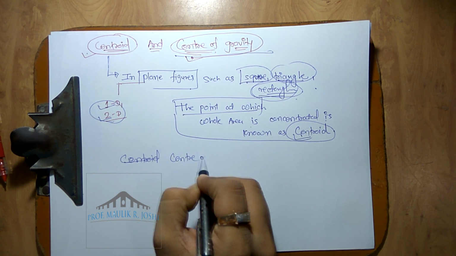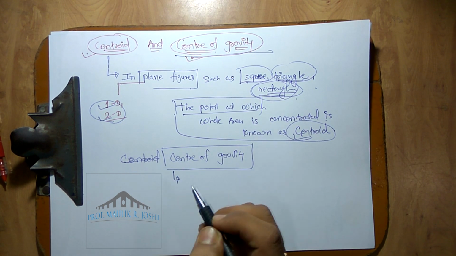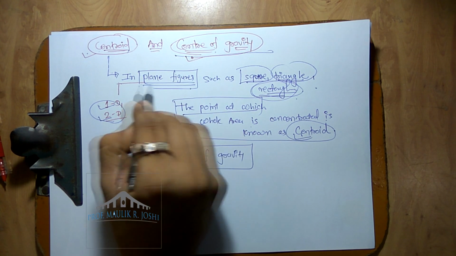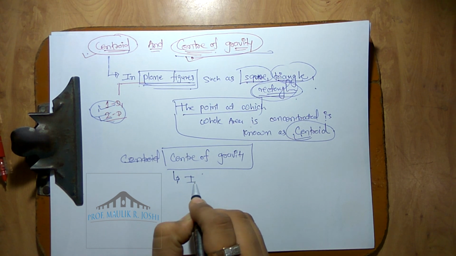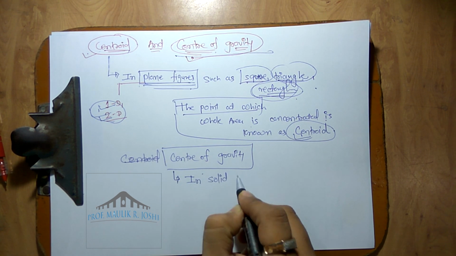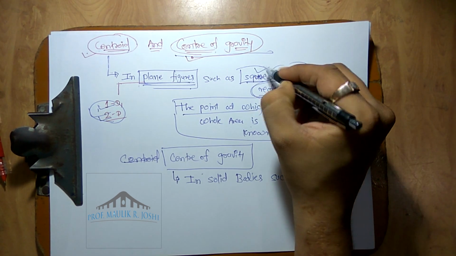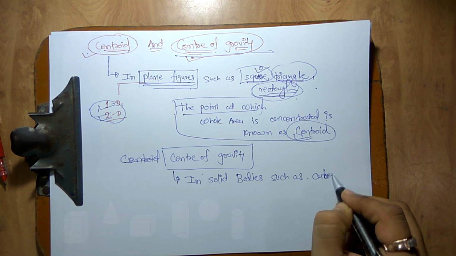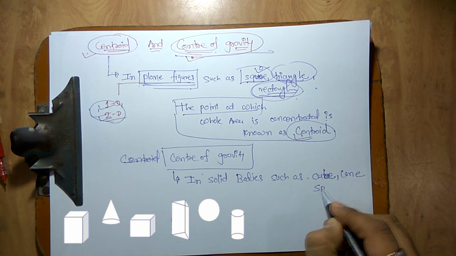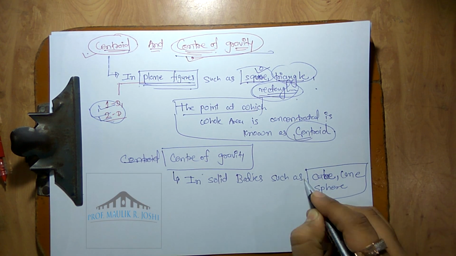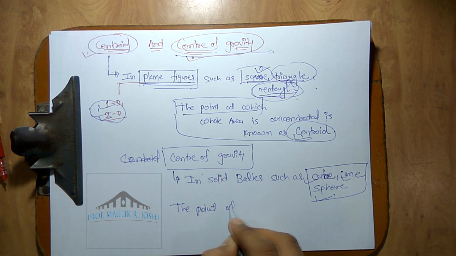Now let's go for the center of gravity. What is center of gravity? The centroid is in plane figures, meaning one or two dimensional. Center of gravity is three dimensional, meaning we write it in solid bodies such as, where here we have square, here its three dimensional is cube, then for triangle we have cone, sphere, cube, cone or sphere,